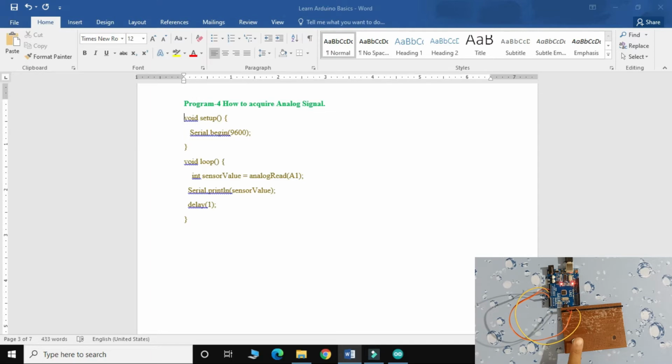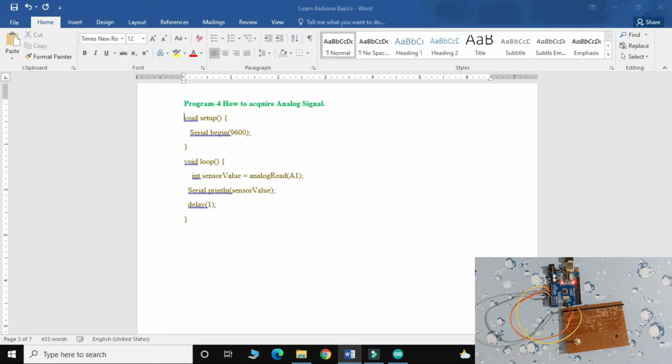Over here I have a potentiometer, and the potentiometer has three ports: one for VCC, one for ground, and the middle one for the output signal of the potentiometer. Basically this will work as a voltage divider. The connection is: VCC is connected to the 5 volt, ground is connected to the ground, and the middle one is connected to the analog A0 port on the Arduino Uno, as you see.